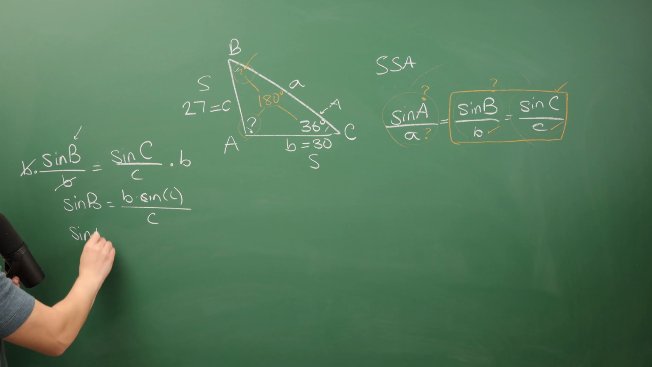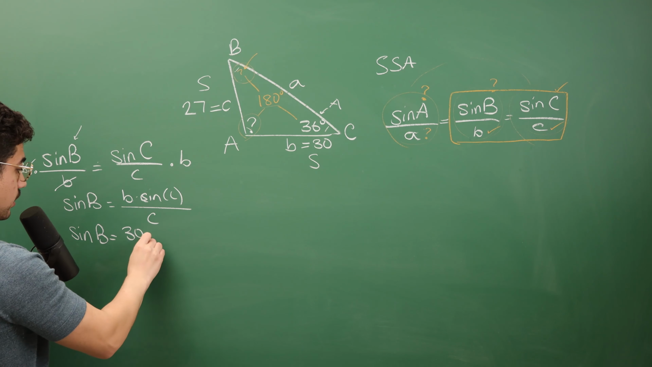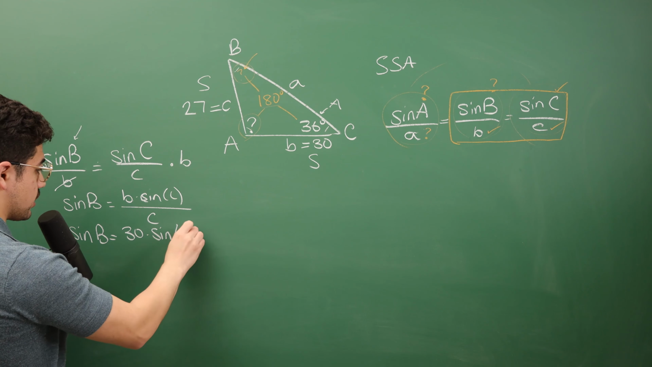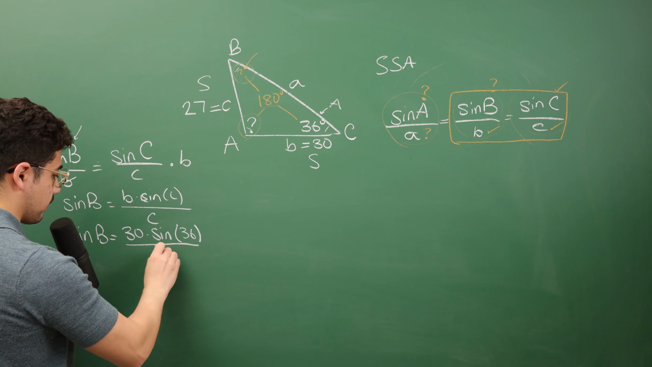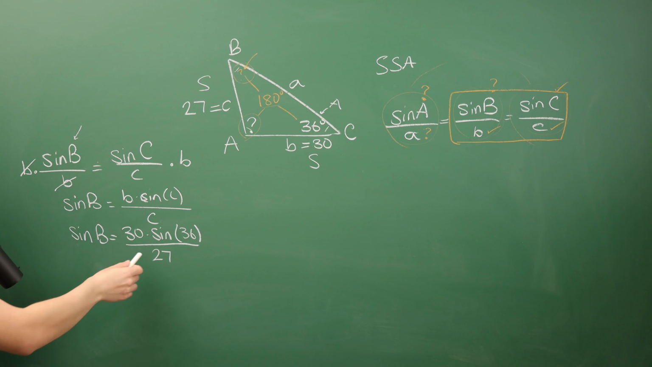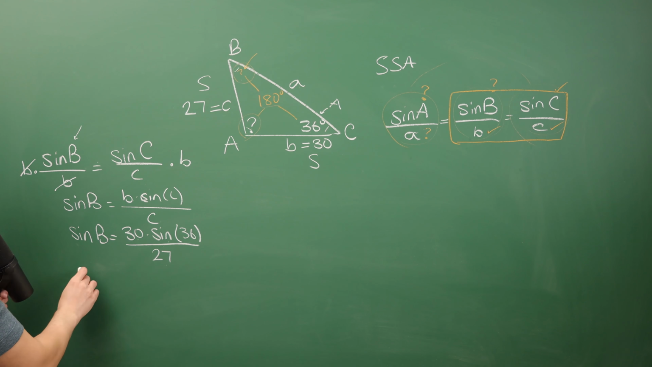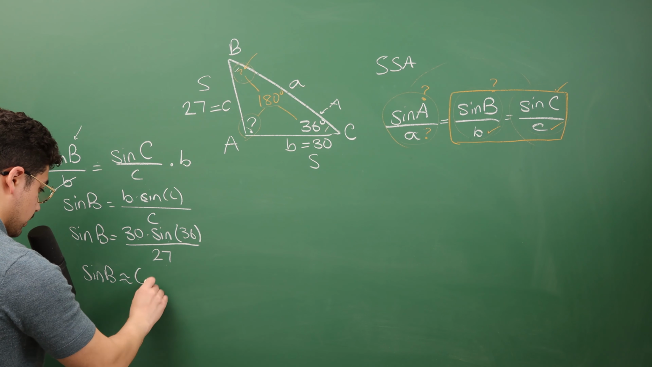I'm going to get that the sine of B is going to be equal to, I plug in little b, 30 multiplied by the sine of angle C, which is 36 degrees, all divided by little c, which is 27. So now I enter this into the calculator. 30 times sine of 36 divided by 27. That's going to tell me that the sine of B is going to be approximately